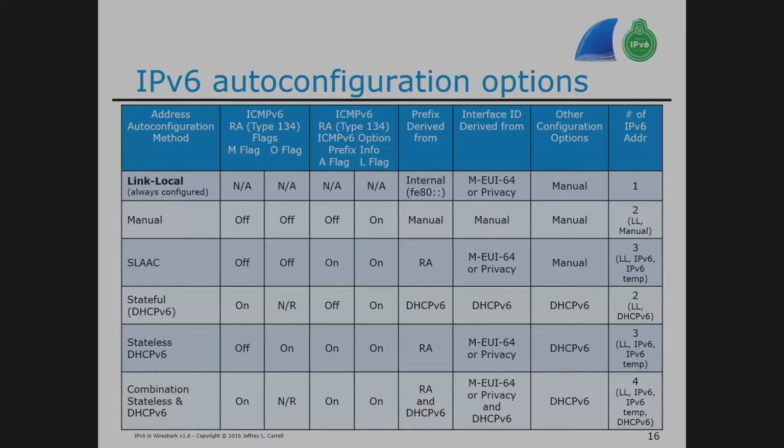And somewhere else you may read in their documentation, oh, by the way, at least half of them you didn't even get that. You had to figure this out on your own. That's why literally this chart came up for me, because I was so confused. So what you don't want is all those bits on: A, L, M, and O. Now, if the M is on, the O flag is irrelevant. Really. Because the M flag is everything.